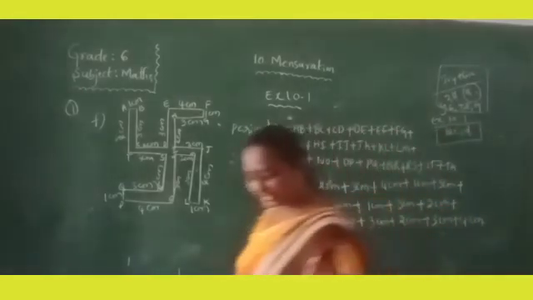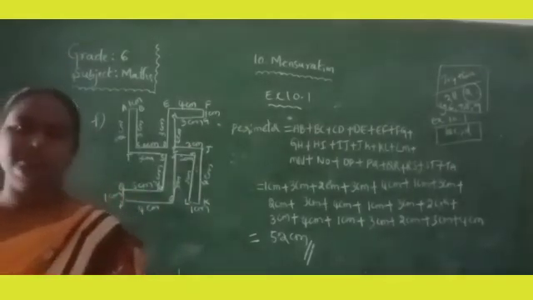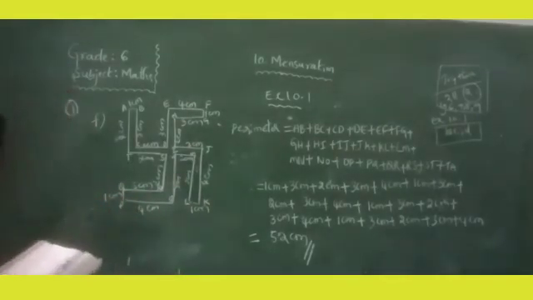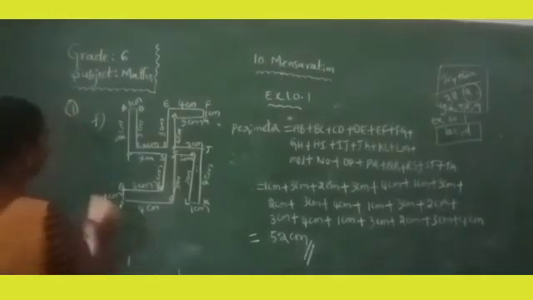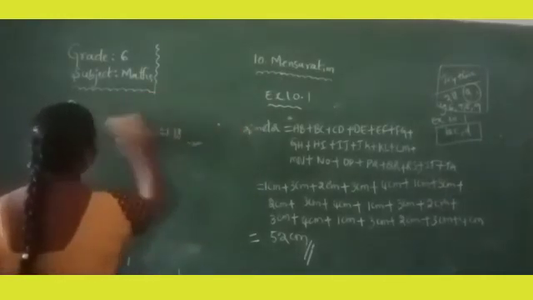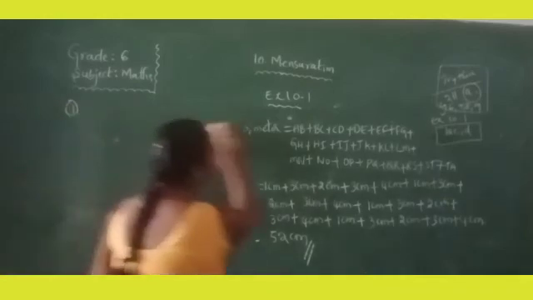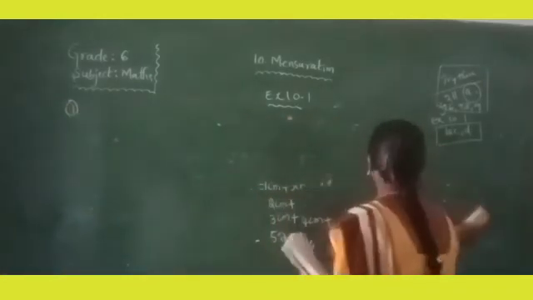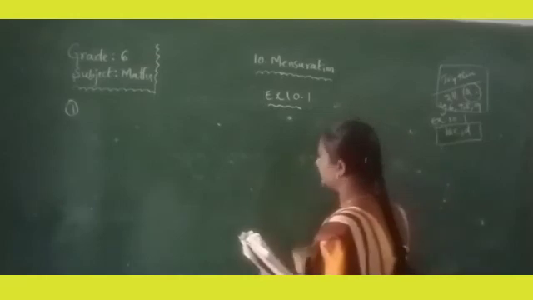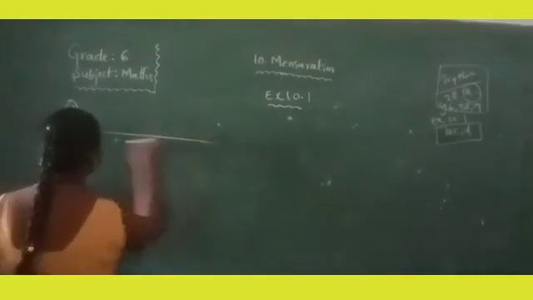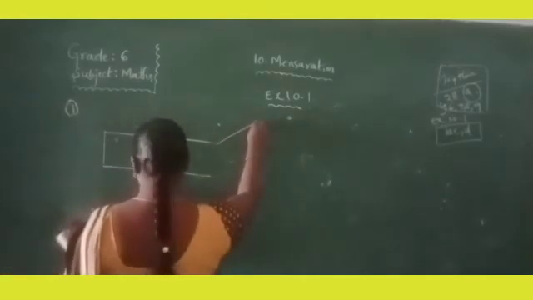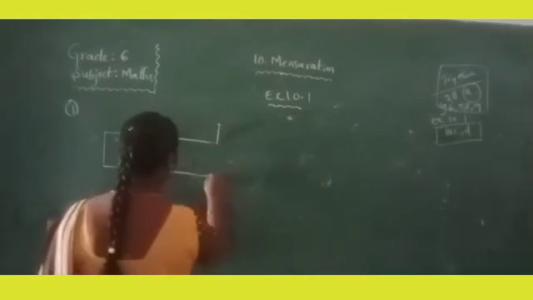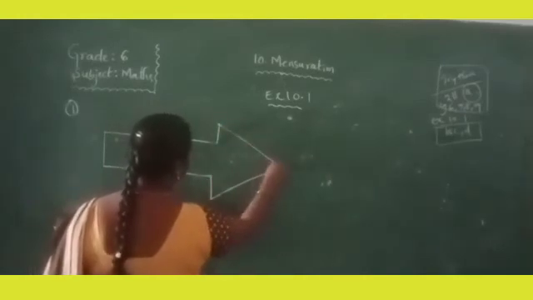Next, the F problem. If you see the arrow, we have to measure the perimeter of this arrow. Okay, children? This one also we have to draw neatly, with a pencil, using a ruler. Now I am drawing this one. You have to draw neatly in your notebook.